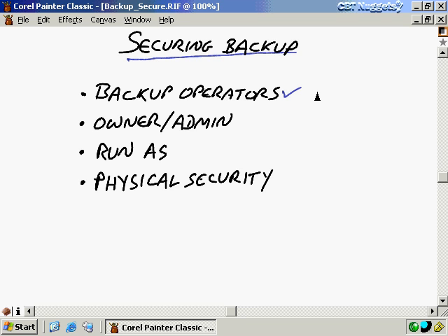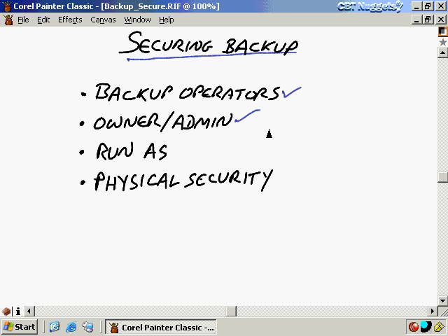So be very careful to monitor and be careful to look at who your backup operators are, because even though they might not be full domain admins or enterprise admins, in terms of data compromise, they can be equally as threatening as any administrator. You also should use that little checkbox I showed you earlier within the NT Backup utility,